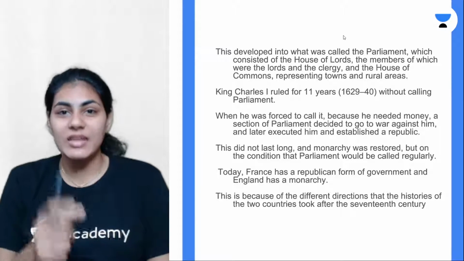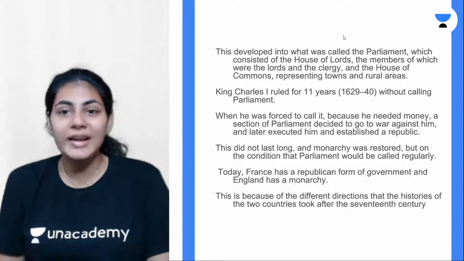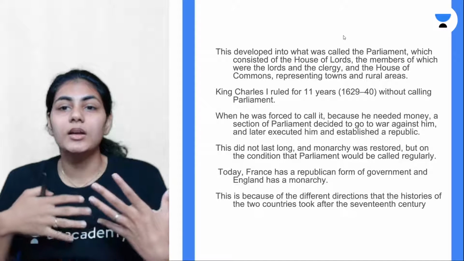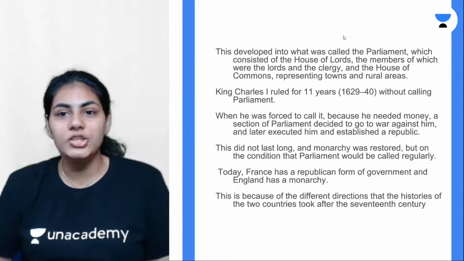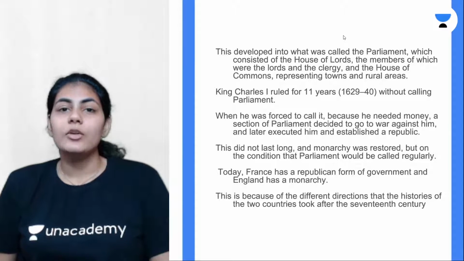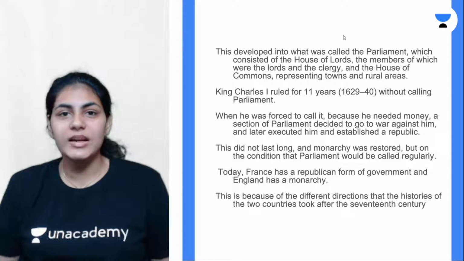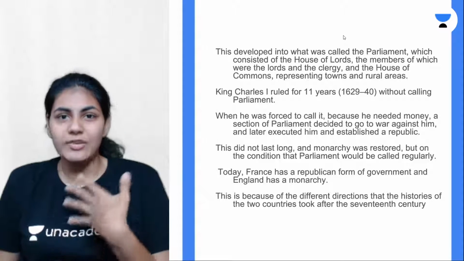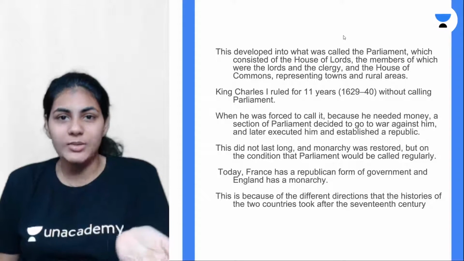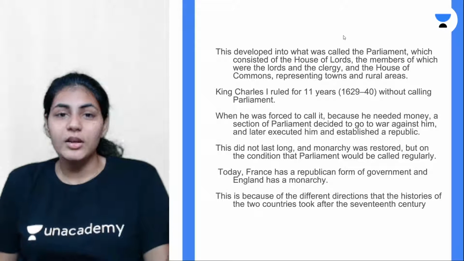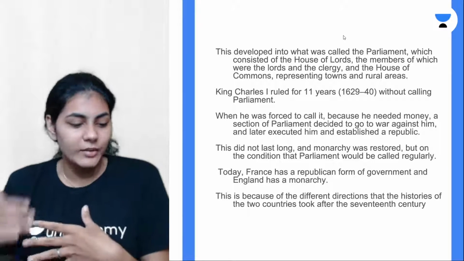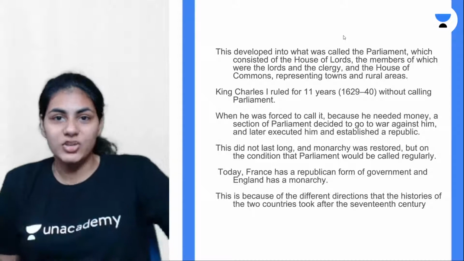Even in the 21st century, the same system is existing in Europe, in England, right? We still have the parliament, we still have the House of Lords, which is basically the house where the lords are there, like nobility and clergymen. We also have other house, which is called the House of Commons, right? Which represents like the towns and rural areas, right? Just like the Lok Sabha and Rajya Sabha we have in India, in England we have the House of Lords and House of Commons. That's called the parliamentary system there. That emerged in the 16th century and that is still in existence in the 21st century as well, right? So that's what we mean by the future centuries being shaped by the actions that took place in the medieval